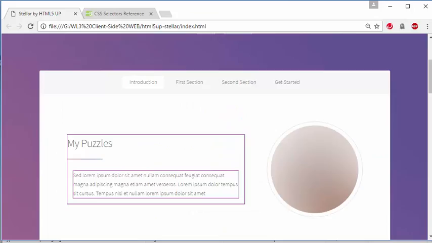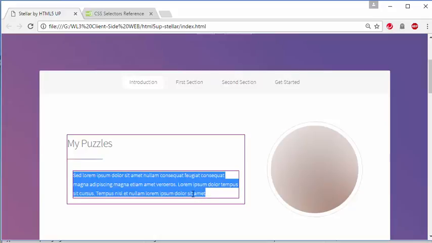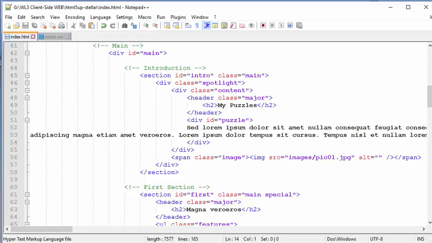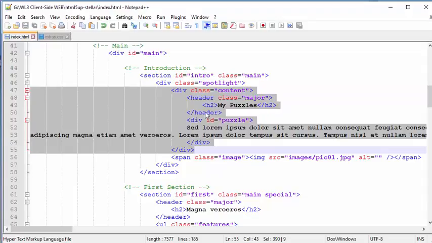So this is what I'm going to try to show you. I'm going to have a box here which I'm going to style up, and I'm just going to put this box around the main content area, this area's content region, just so that you can see it. So that's what we're going to do, but this is what it looks like at the moment. So we have the content area, which is this one,